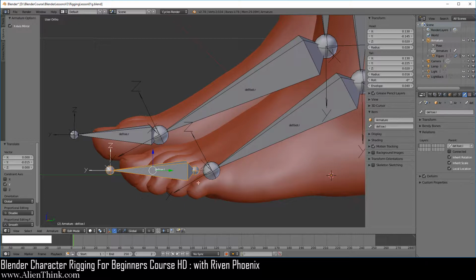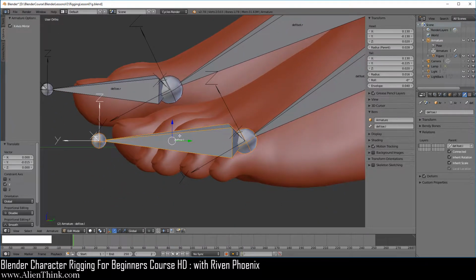Meaning that when you have this on connected, it's actually highlighting this entire bone with the tail that belongs to the foot.l. So that's just the way it works.